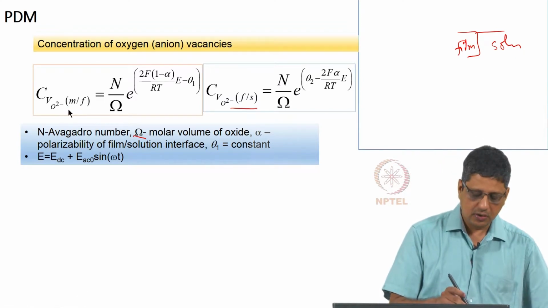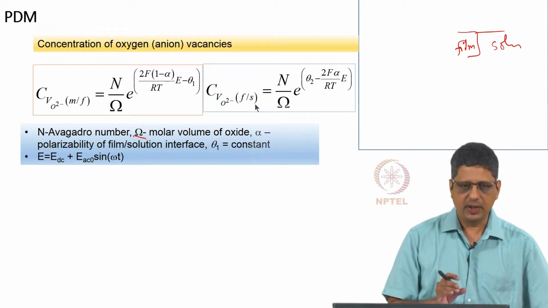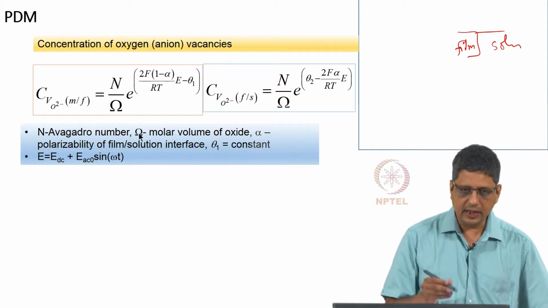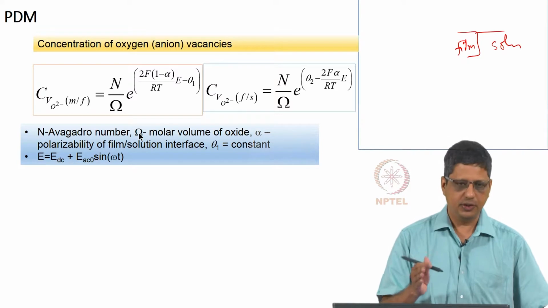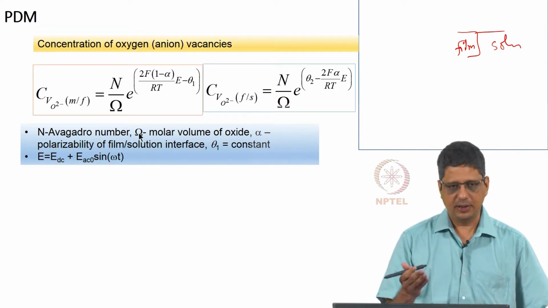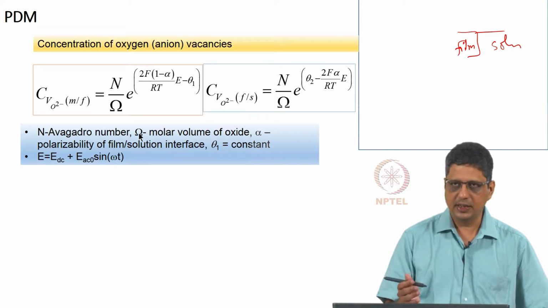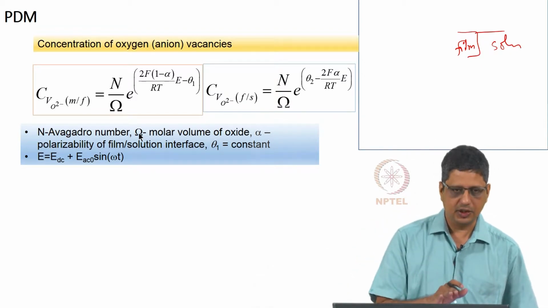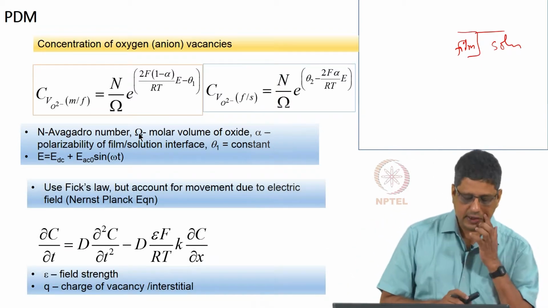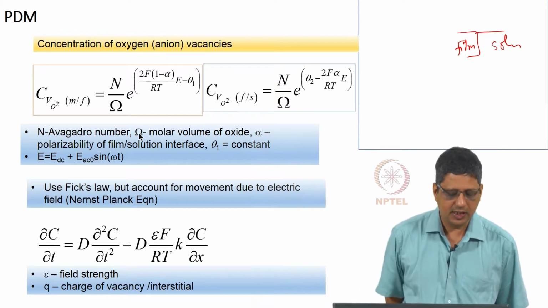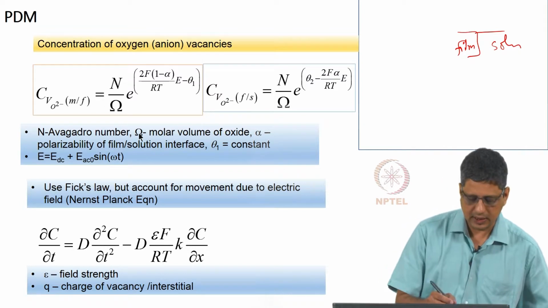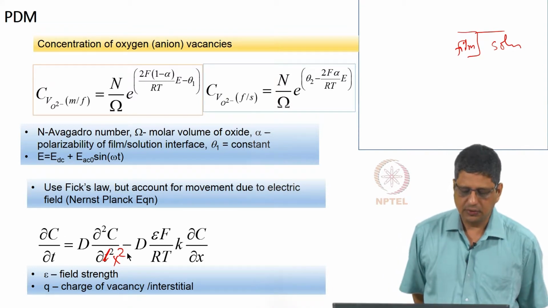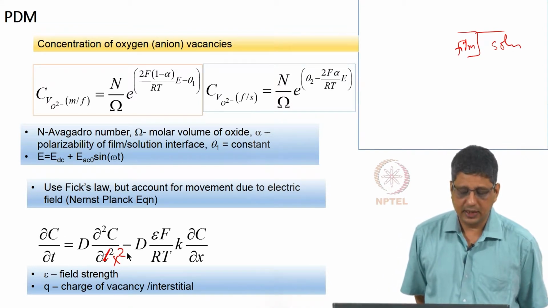Basically, there are expressions to calculate the concentration of anion vacancies, the concentration of cation vacancies, and diffusivity. For the estimation of diffusivity, you can put a diffusivity term there and calculate it by fitting to the experimental data, but it is possible to develop the equations while accounting for the presence of electric field and for the fact that these are charged entities. So, essentially we are using an equation which is similar to Fick's law, and this has to be corrected, but this accounts for the fact that these entities are charged.